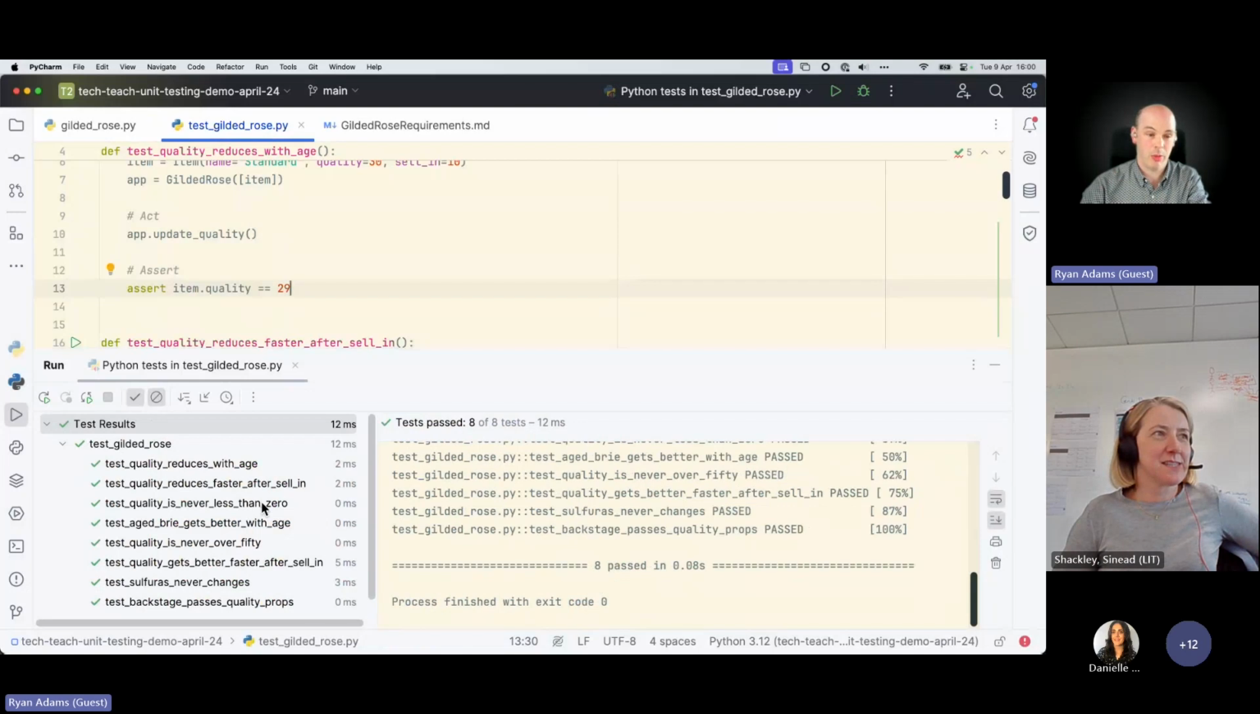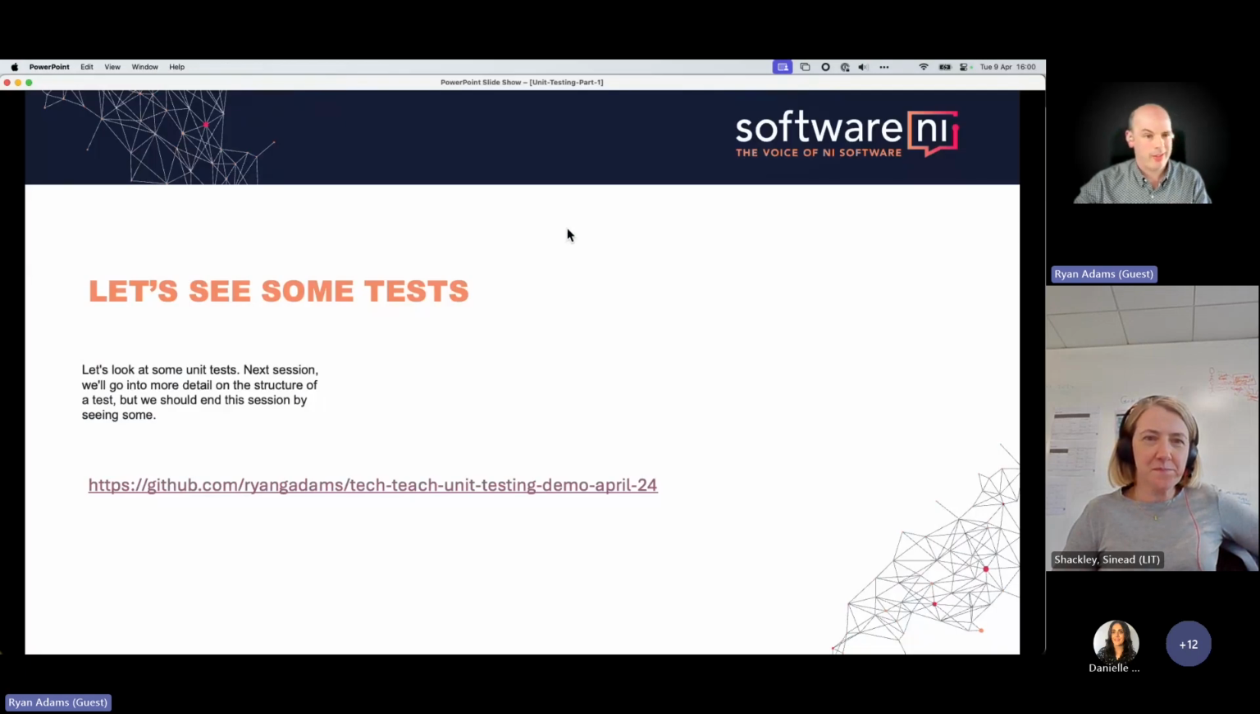I'll share that code on GitHub as well later on. So if you want to try it on your own and then come back and look at it, you can, or you can try it in different languages and see where we're at. So yeah, that's my very brief